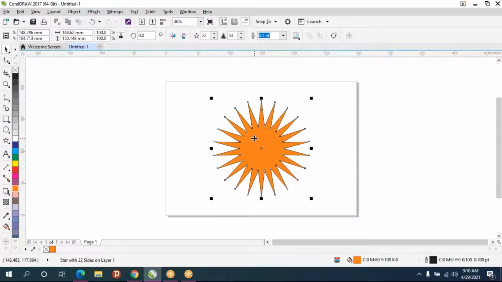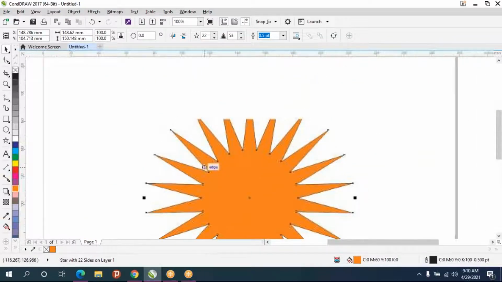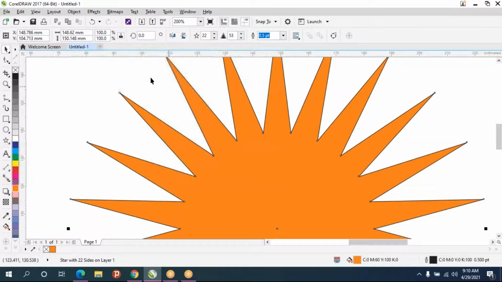And from here to here, this is called the inset point. So that point value also you can increase, from this point to this point. So the distance, how much you want from this point to this point, that is this. So for the star tool it will come.